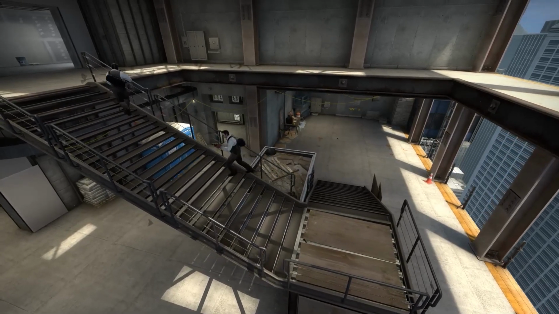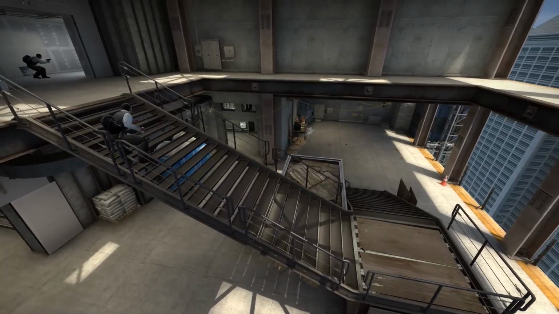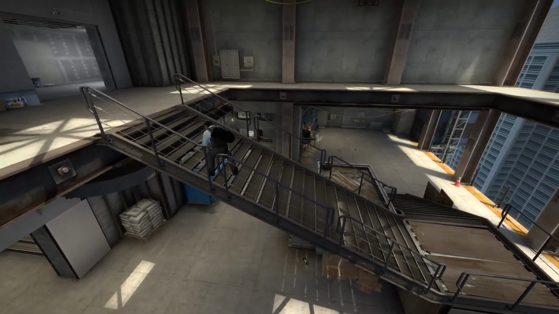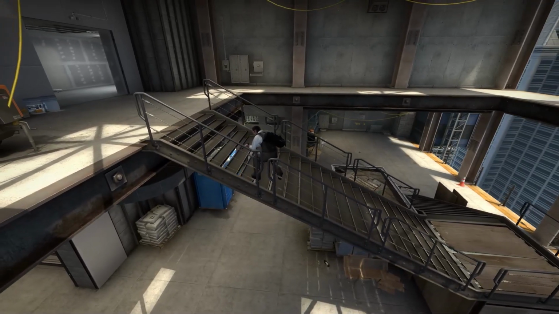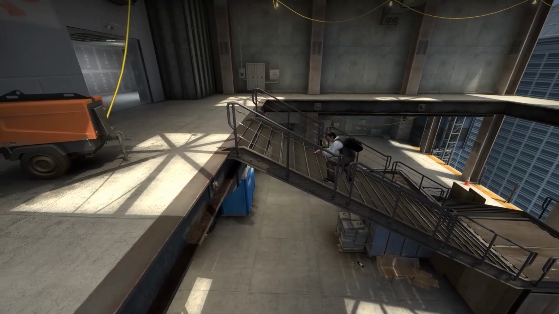Welcome to today's video where we're going to be going over a pistol strat run by Mousesports during EPL on Vertigo. This is quite interesting to me because I don't think I've actually seen a team run a strategy like this. So we're flying through, we can see ropz is currently sat on the stairs,